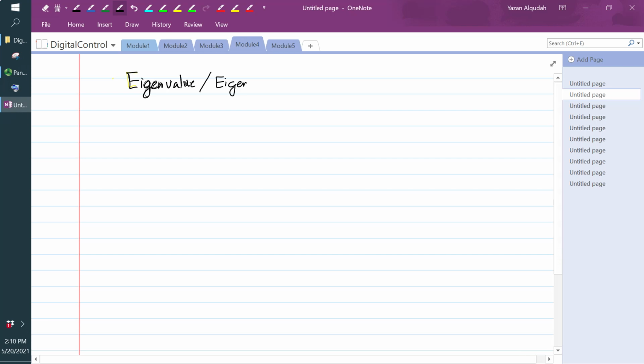So we're going to explain it, and you will be familiar with it. So what is an eigenvalue and eigenvector? If I have a lambda, and this lambda is a scalar, and I have v, and v is a non-zero vector,